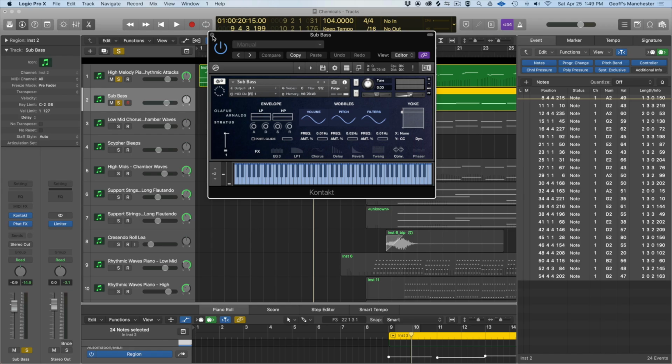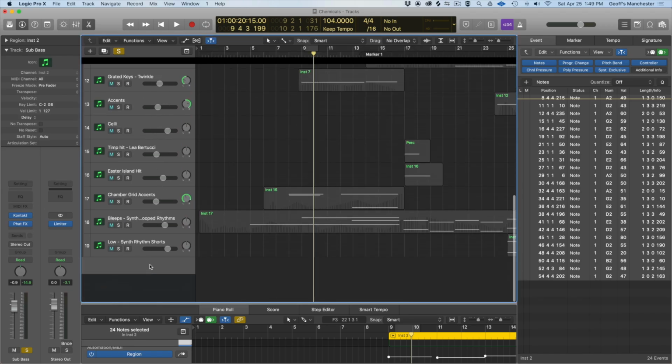And this is one of the great things about Stratus: if you go under the hood, you'll find a lot of great patches and things that mean you don't have to go to another library. You can have a kind of sonic consistency and stay in one sonic palette, if you will. So we have the sub bass going,